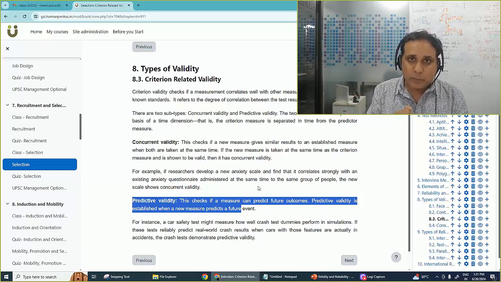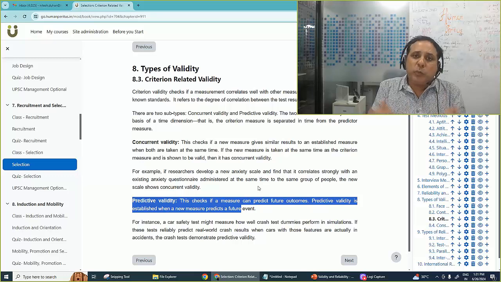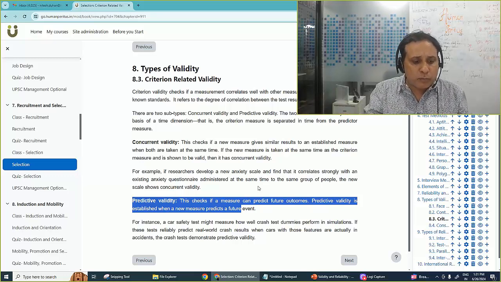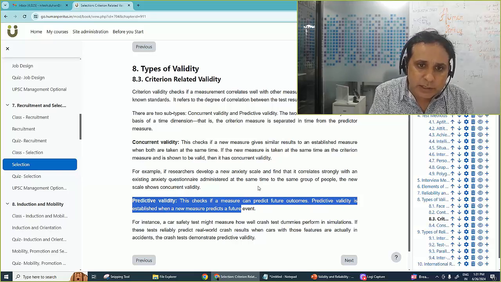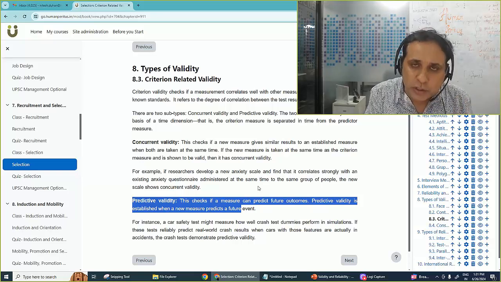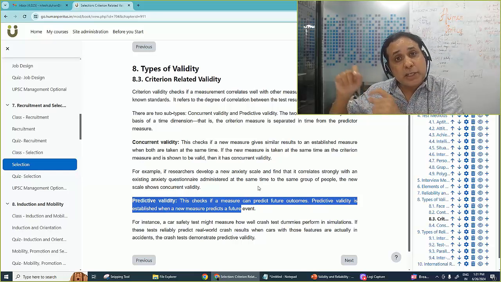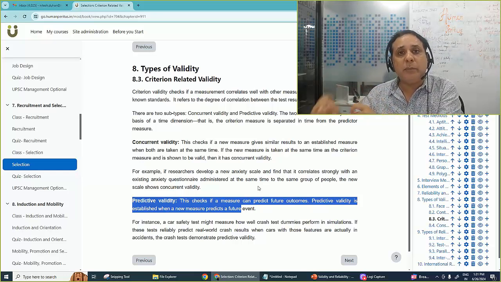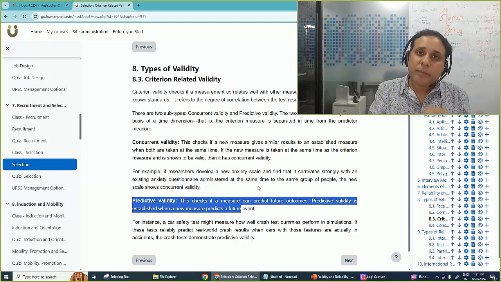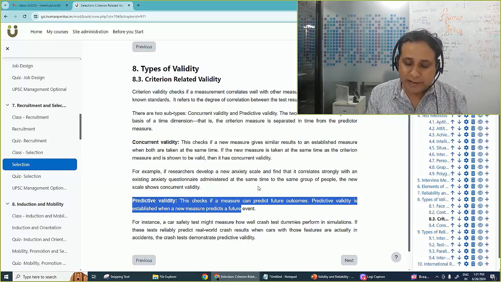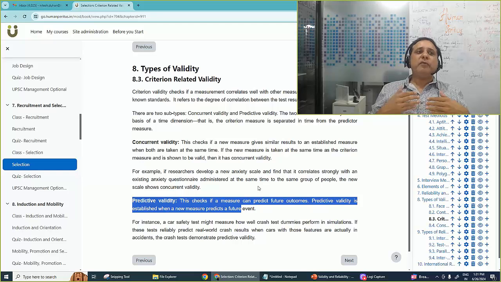Now guys, for example, we have got pre-boards and then there is the actual board. So if scores of my pre-board examination have got strong positive correlation with actual scores in the board examination, then my pre-board exam will have predictive validity. Another example you can take. For example, we are hiring,